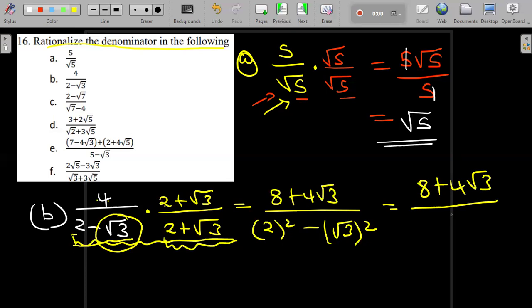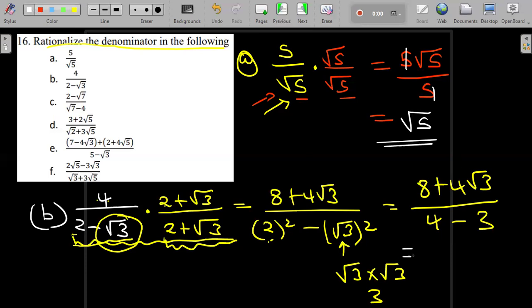And then we're dividing this by, what is 2 squared? 2 squared is 4. And then minus the root of 3 squared. It means we have root of 3 multiplied by root of 3. This is just going to give us 3. So I'm going to write 3 there. Okay, so